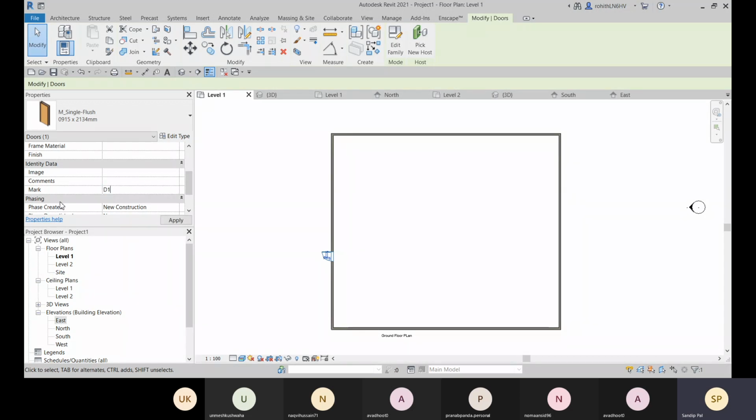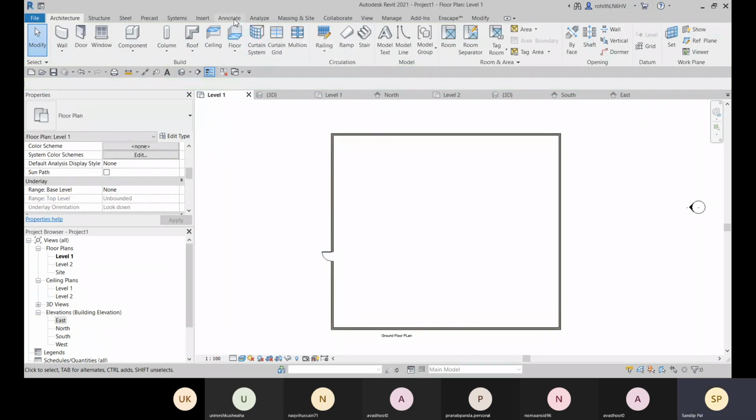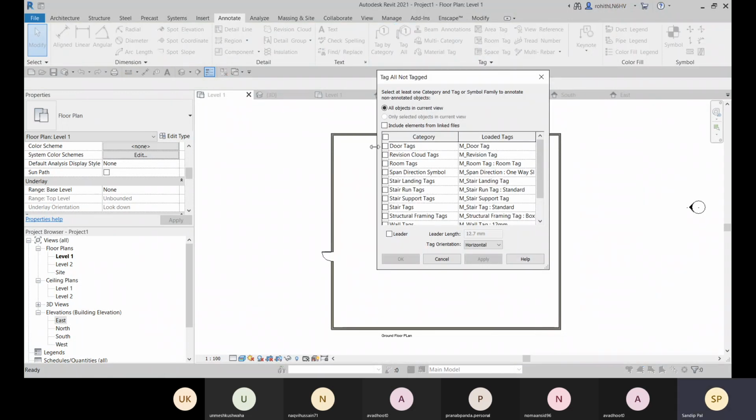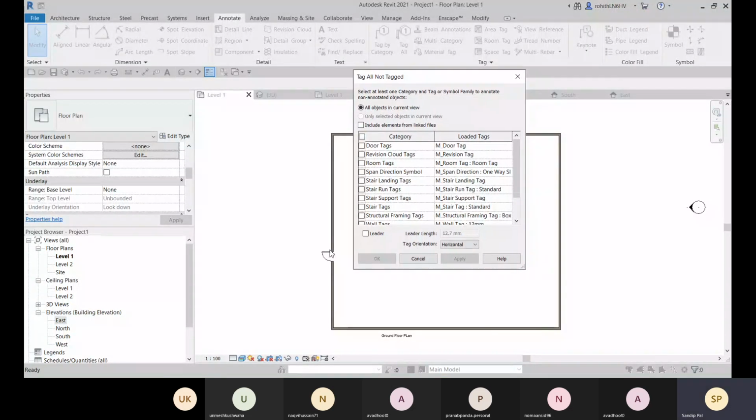You can mark it as D1 there, and then go to annotate tab, then tag by category, or you can go for tag all, and there you can choose door tags. So all the doors will be tagged. Okay, so you don't have to choose one by one.